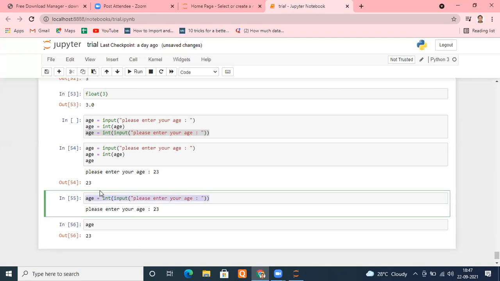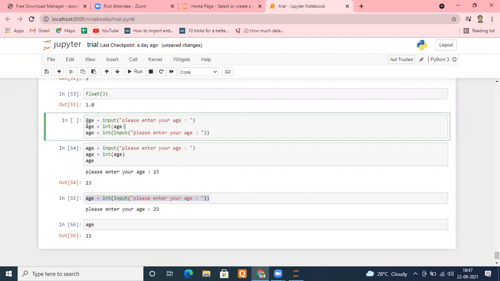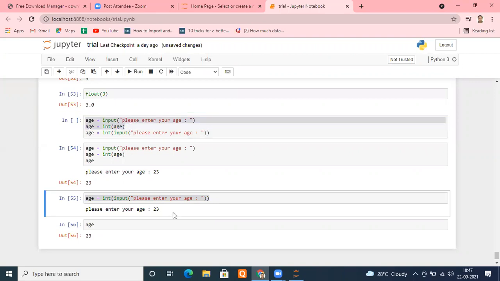But if you are a new beginner, most of the beginners prefer this one because they want to do it step by step. But once you become a bit experienced in programming, you will try to write your code as short as possible. It's entirely up to you. I'm not saying this is the wrong method. It's perfectly acceptable anywhere. But if you want to write shorter code, make the code as small as possible, go for this. Is it okay, everyone? Yes, sir, no problem.